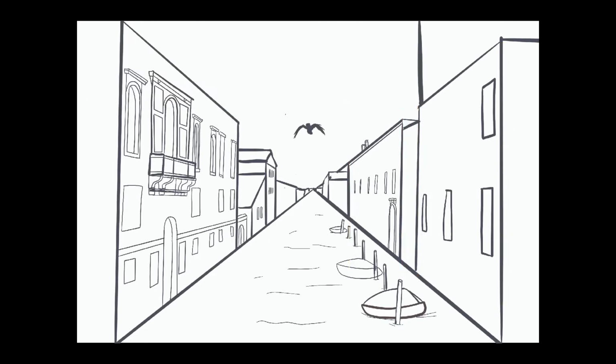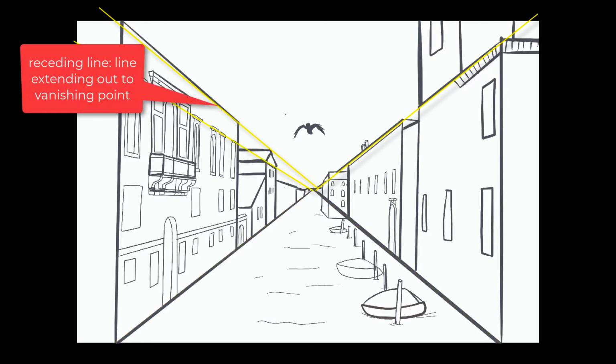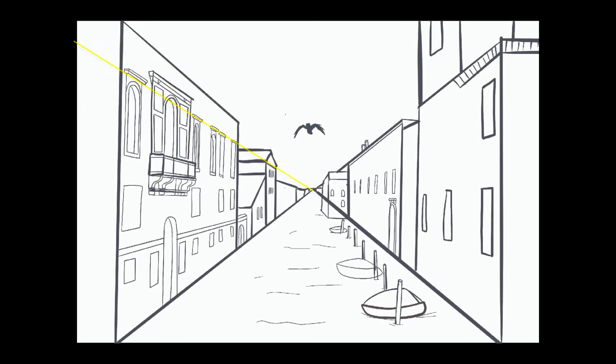Another really important term to know when working with perspective is receding lines. So these are lines that look like they're going back into space, right? They're going back to the vanishing point, and they're disappearing at that vanishing point. So those lines basically will always line up with that vanishing point on our horizon. So those are the four really key terms that you'll want to be familiar with.